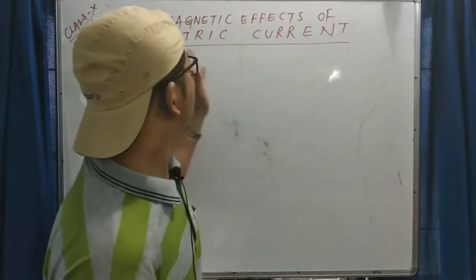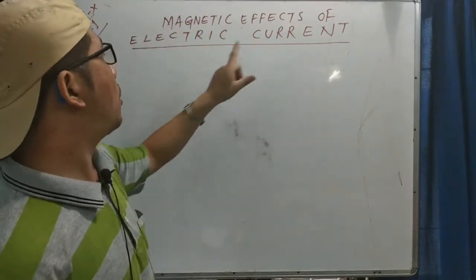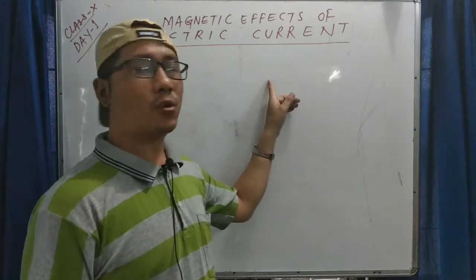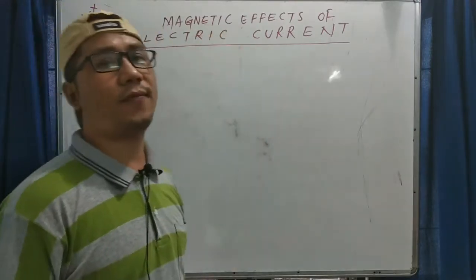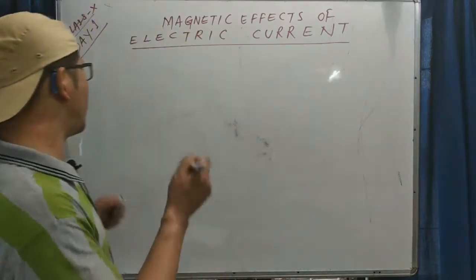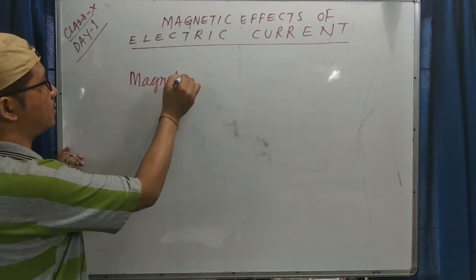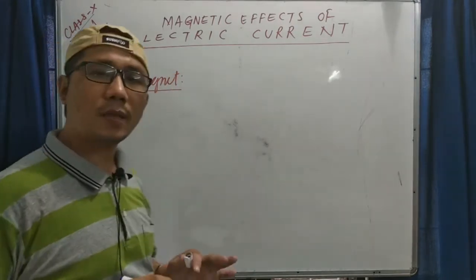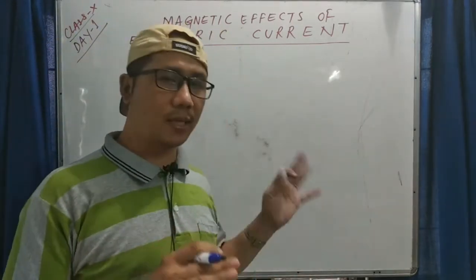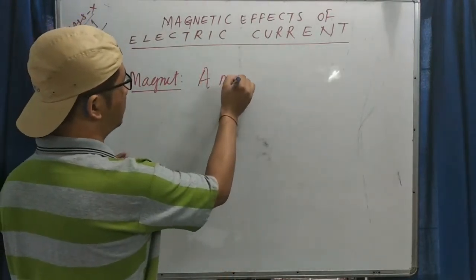First of all, the chapter says magnetic effect of electric currents. So here it mentions magnetic effect, so you have to know about magnets. What actually is this term, a magnet? First of all, let us learn. So, a magnet